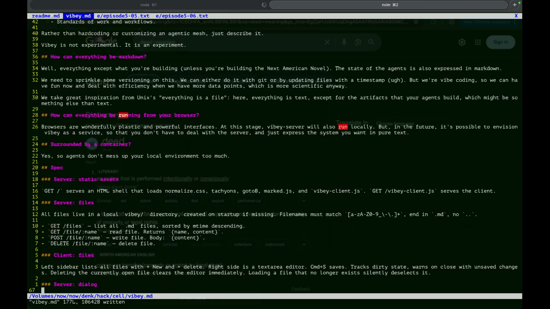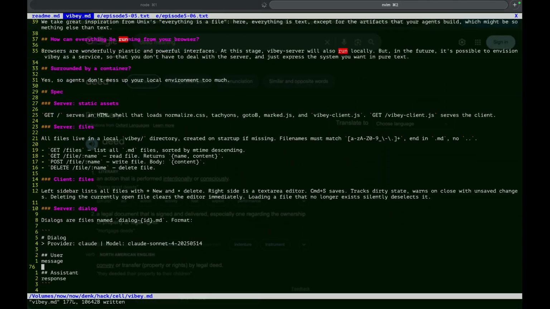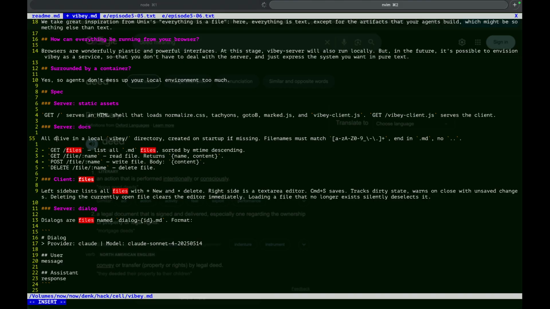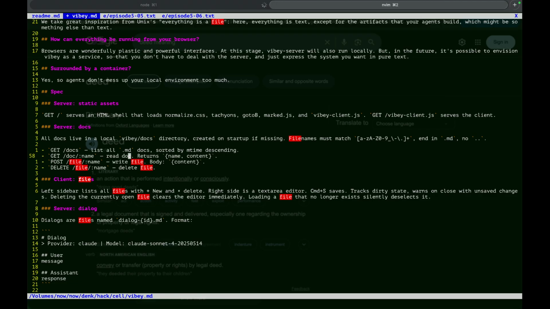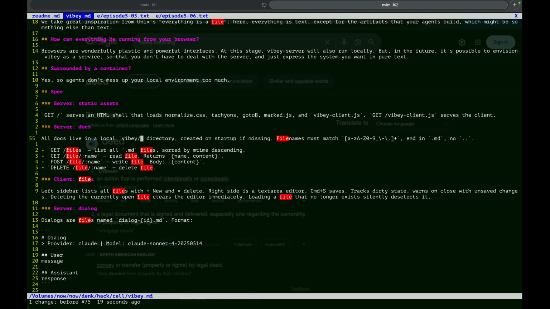So we have the files. Actually, we can rename files to docs. I guess you can call them files, sorry, because you can use the same API.